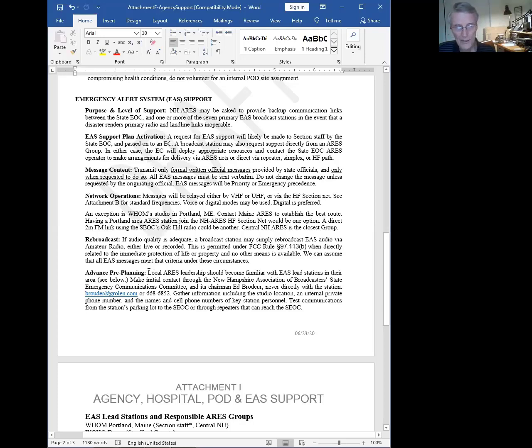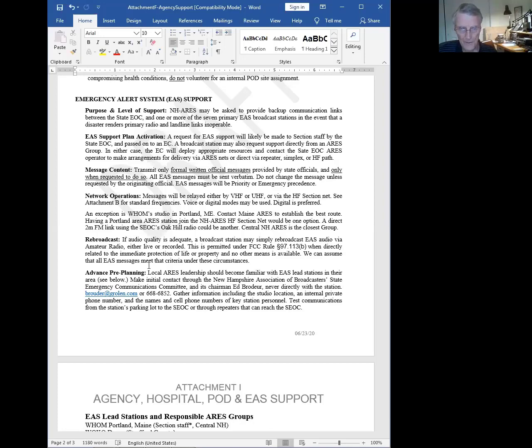The one trick is going to be WHOM. I'm not even sure they have a transmitter in New Hampshire anymore. Do you know if they're still up on Mount Washington, anyone? I know their signal sucks now. I think WHOM was part of that building that burned several years ago. Yeah, I don't know if they ever moved back up there or not. Or if maybe they're in a lower power mode now.